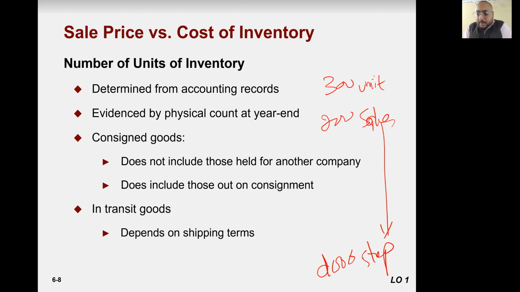Now, remember, this will not be deducted from your inventory unless the possession of the goods has been transferred to the